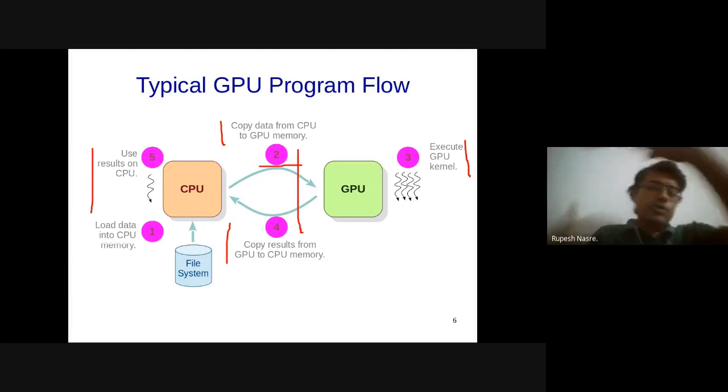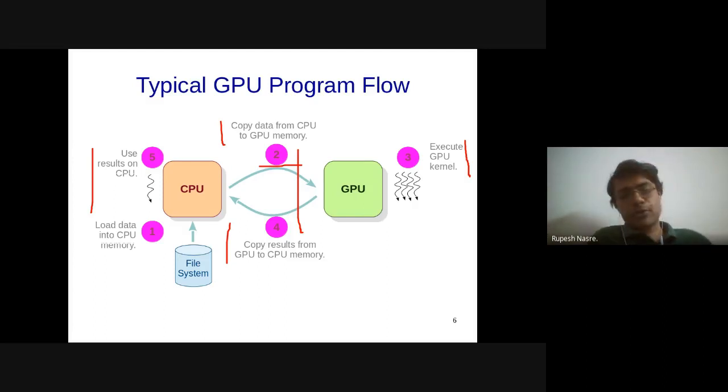So the GPU is going to have that memory available and intact even if control comes back to the CPU, and that is going to be very helpful for me because I don't have to copy interim results again and again to the GPU. So this is how the optimization part is going to come into play, and it is going to be our responsibility to help the compiler, or to decide when not to copy data from CPU to GPU.